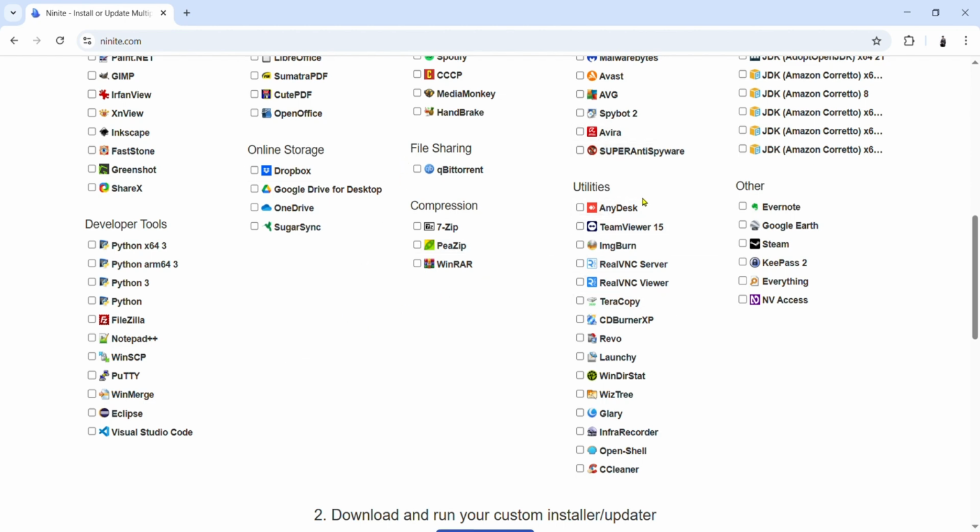So you see, you have AnyDesk. This one, you can use it to get access to another person's computer. Like I am here, I can connect to another person's computer that has AnyDesk. I can have access to the computer and help the person fix an issue in his or her computer. You have TeamViewer. You have lots of them here. You have others. So these ones, they put them in others. These are other important